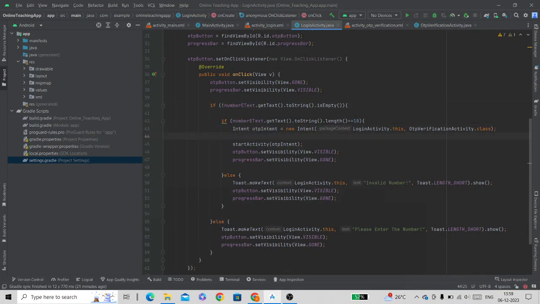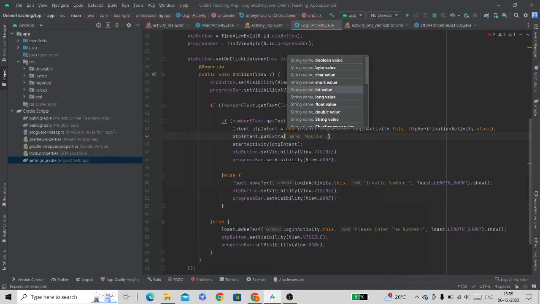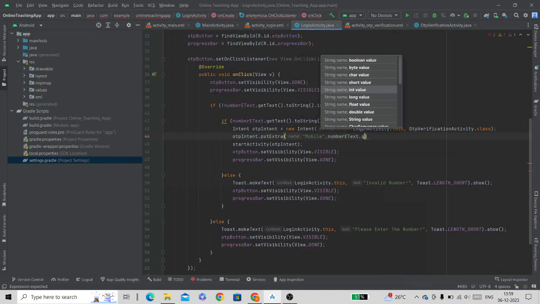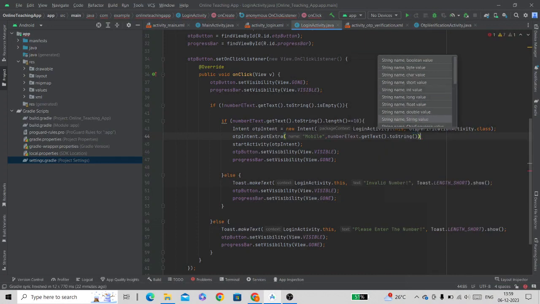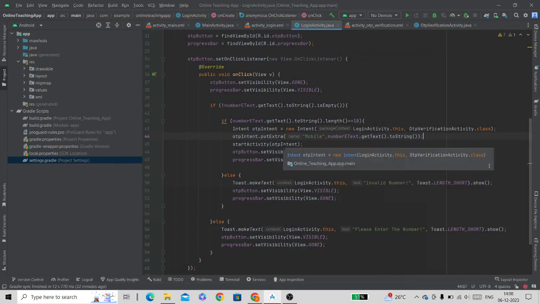For that we will use OTP intent dot putExtra. Here we will give the name for our string, which is mobile, and we will give the actual string which we will be passing. So number edit text dot getText dot toString. So this is how we pass values from one activity to another activity.